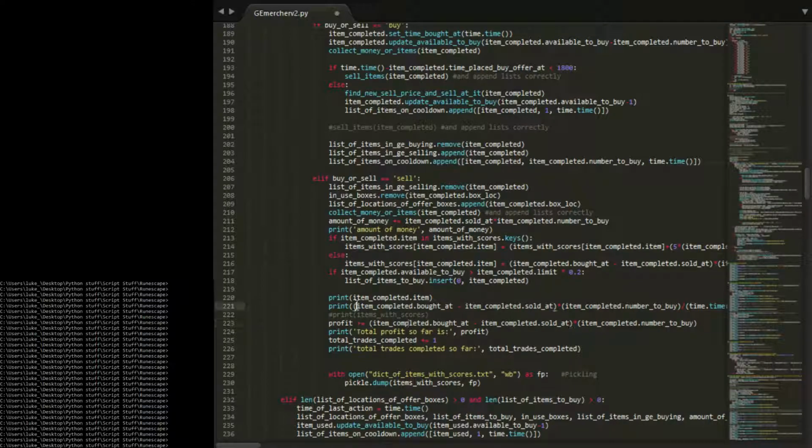So I'm pretty sure it's right here somewhere. Here we go. So, no, where am I looking? Yeah, this one right here. So items with scores. This is appending to a dictionary right here, so it's appending item completed.item, so it's appending